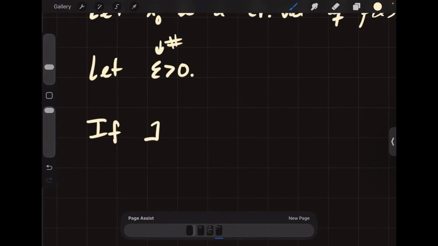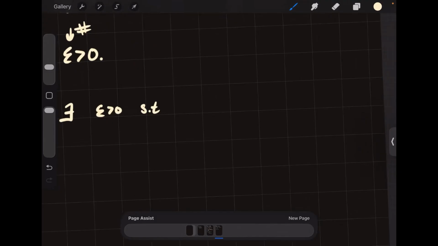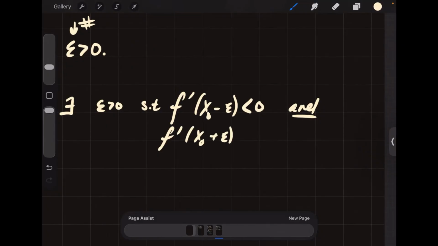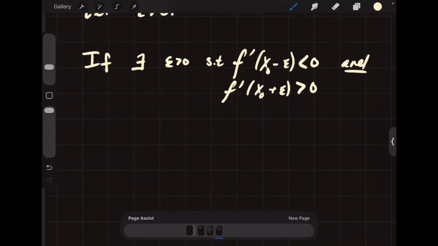If there exists an epsilon greater than 0 such that f prime of x naught minus epsilon is less than 0, and f prime of x naught plus epsilon is greater than 0,